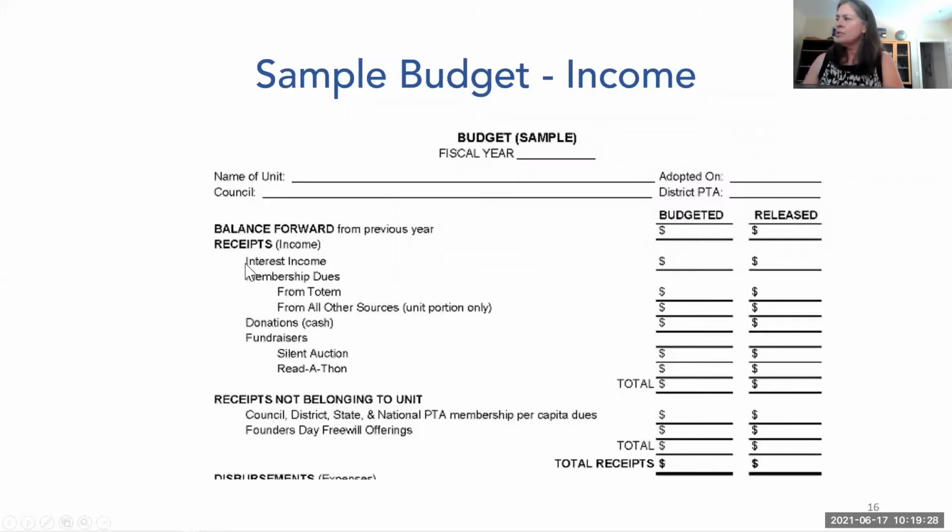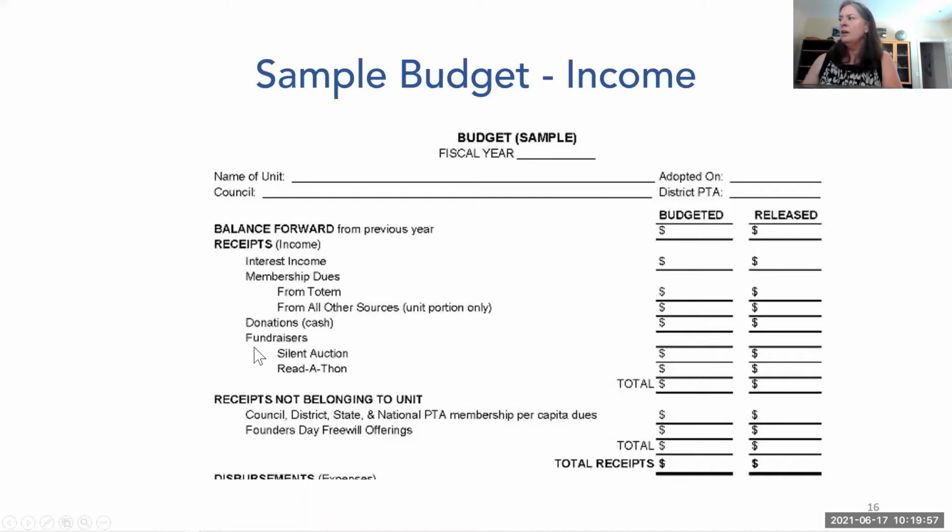Again, if you had interest on any of your bank accounts, these are two different lines, if you're taking in totem memberships versus manual memberships. If you have straight out donations, and that could be asking your families to round up, give us $50, and then everything above the membership amount is a straight donation. That's if a company gives you a donation, that would be the types of donations.